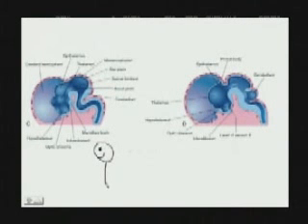We'll draw a happy guy. And so in the body, you have dorsal being towards the back and ventral being towards the front, towards the chest. In the head,